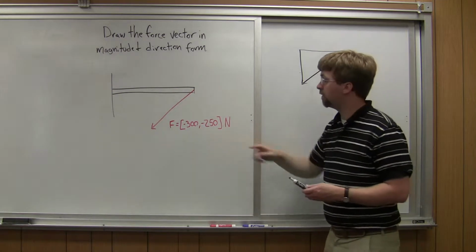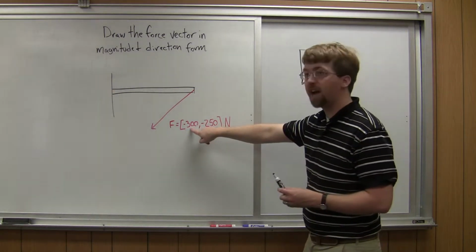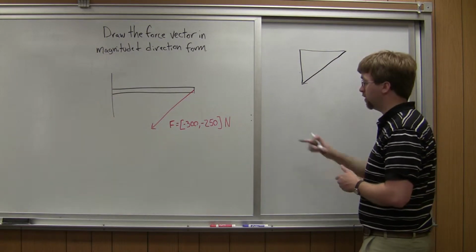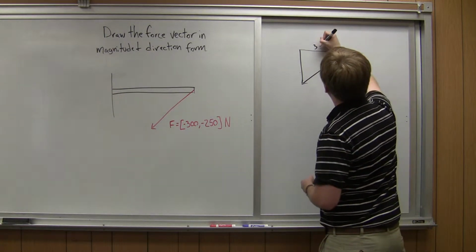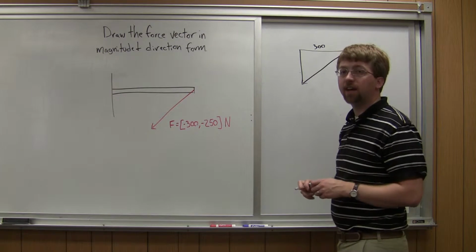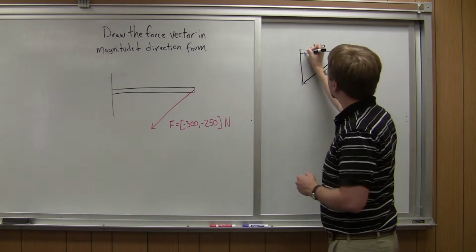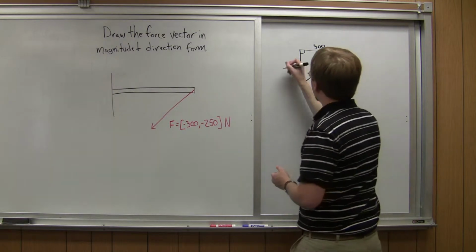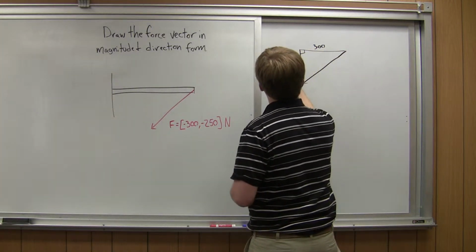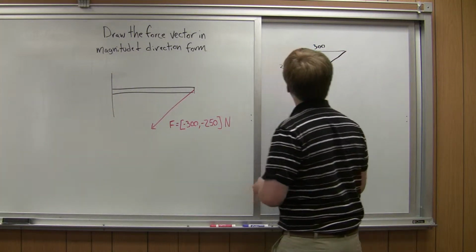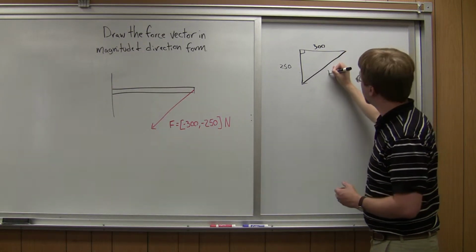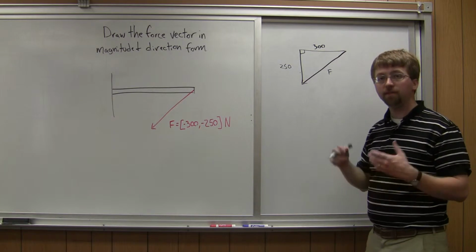With this component form, what I know is this first part is the x component. So I'm going backwards by 300 newtons, so 300 is the length of that side of the triangle. This is a right triangle. And then negative 250 is the y component, so I go down by 250 newtons this way. So what I want to find is, I'm going to call this F, just the magnitude